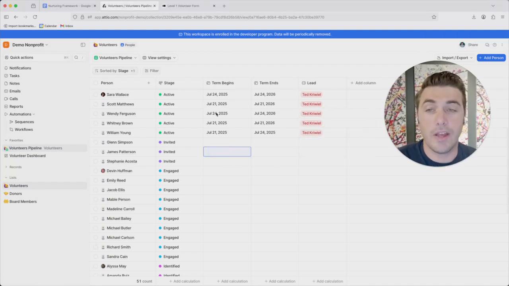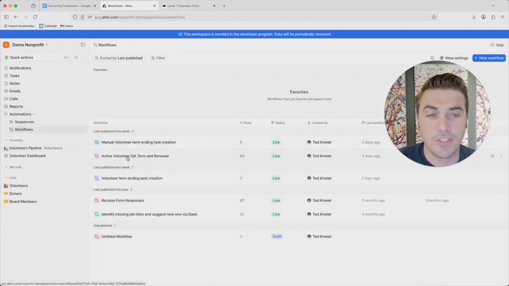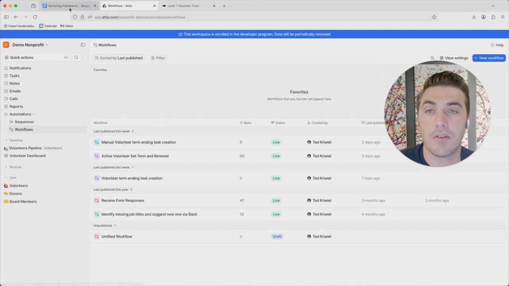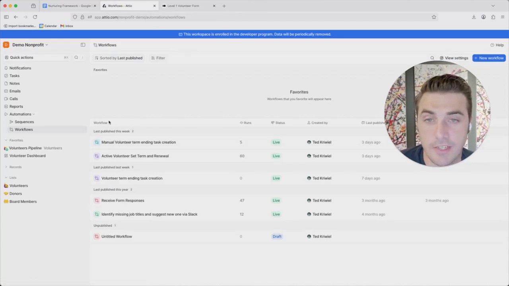So I also have an automation. I'm not going to go into it today. There's just too much to cover, where essentially 1 year from now, it creates a task to say, hey, this volunteer is about to roll off. You can reach out to them and do one of two things. Thank them for their time and not invite them back, or thank them for their time and invite them to renew. And that's how we create this renewal process, with a task 1 year from now. It says, hey, if you'd like to be a volunteer, we'd love you to re-up for the next year.